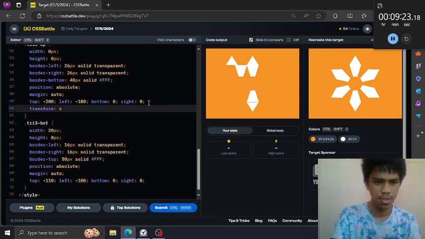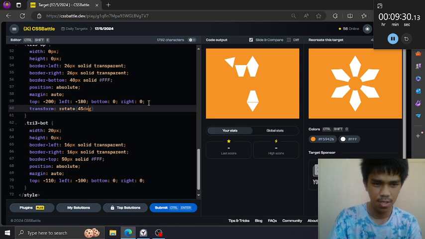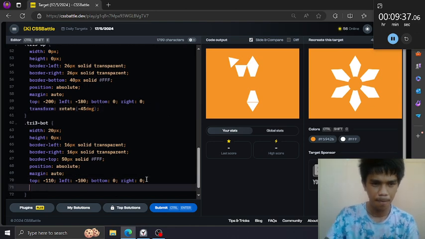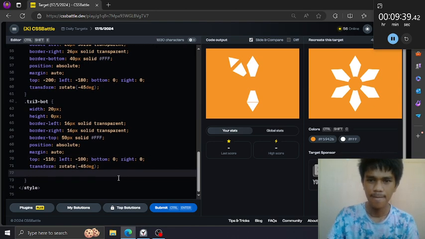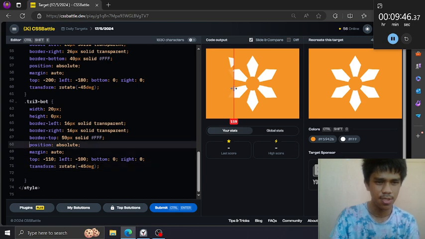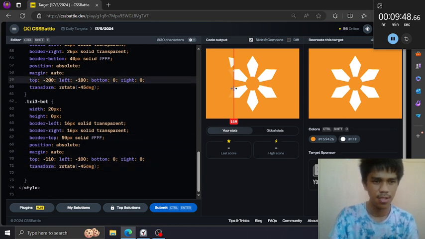Transform, rotate 45 degrees. I guess negative. Yeah. And also this one. Yeah, I know it's fragmented. And let's push this downwards. Hmm. 50.